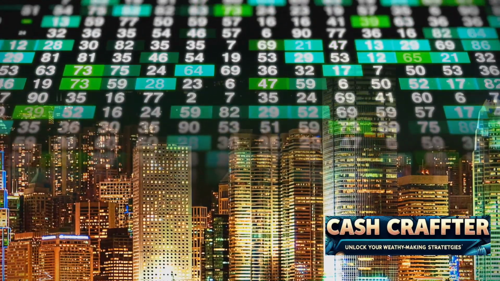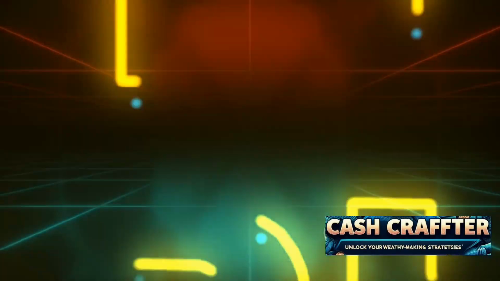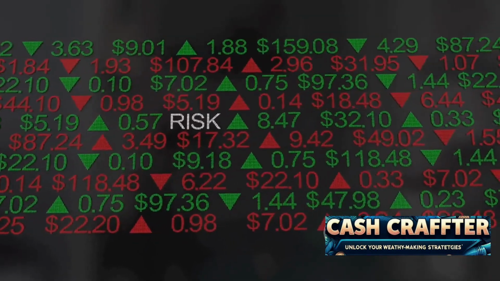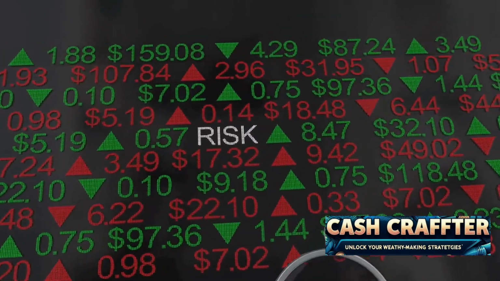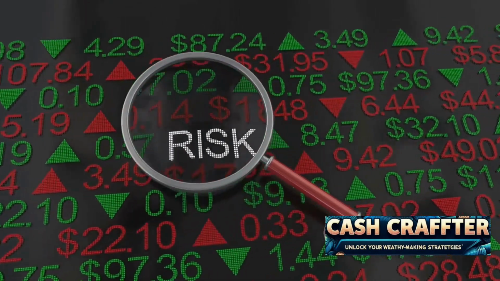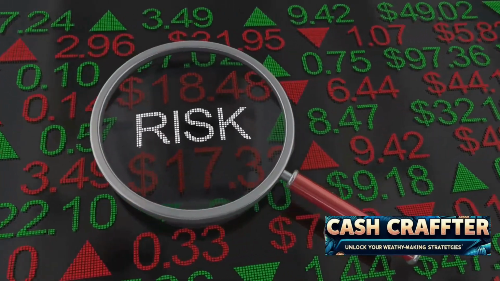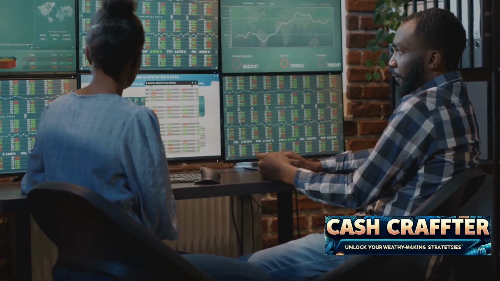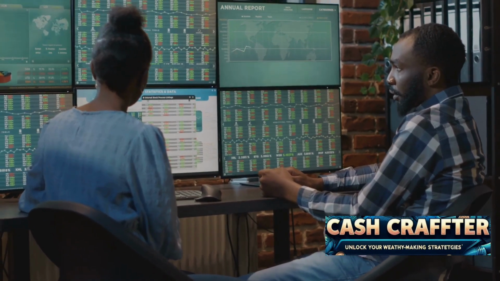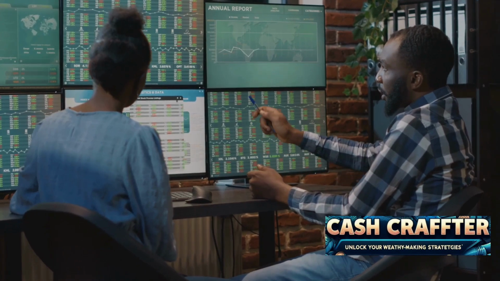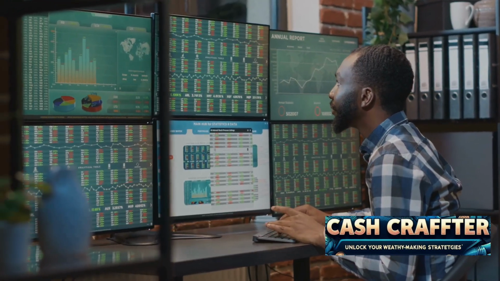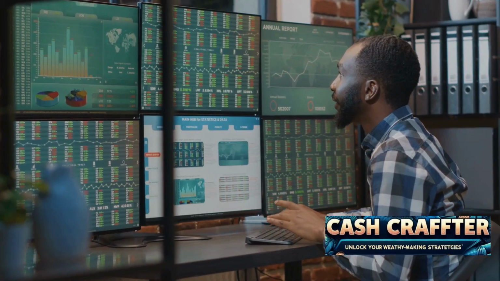Next, we discussed risk management in Forex trading. We emphasized the importance of setting stop-loss orders and limiting your exposure to prevent devastating losses. We concluded our discussion with the building of a robust Forex trading plan. We highlighted the need for a clear strategy, including entry and exit points, to maximize profits and minimize losses. Remember, success in the Forex market isn't achieved overnight. It takes patience, discipline, and continuous learning. But with these tools